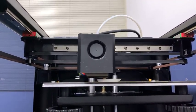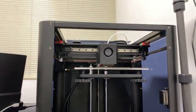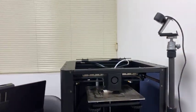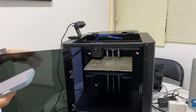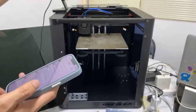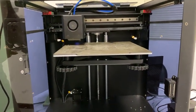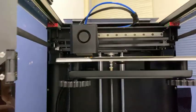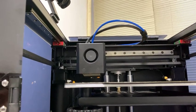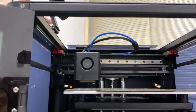Sure. Of course, if you are not going to print with ABS, you're not going to modify anything. It's already built and designed for printing with PLA. Of course, if you are going to print with ABS, as you know, it is much different from printing with PLA or PETG or some other